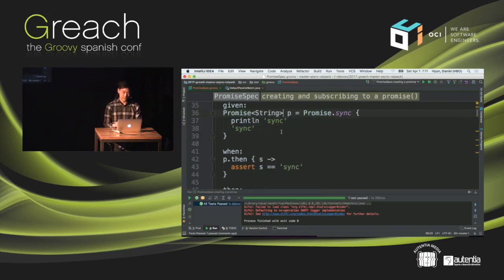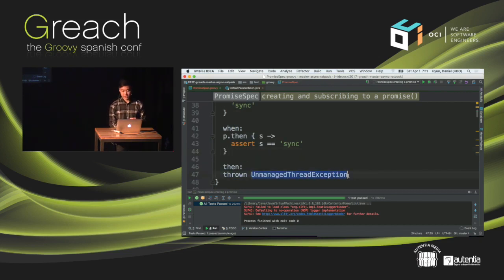Marcin was talking about typing in his Jeb talk here. So we have a promise that produces a string at some point. And when this value is resolved, then we'd like to subscribe to it and make an assertion that we do have sync as the value. So what we end up doing here is creating yet another execution segment by invoking then. So we'll first invoke this, and then we'll invoke this, right? Because Ratpack serializes execution segments, and it executes them in a first in, first out order.